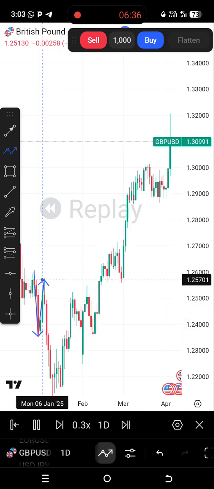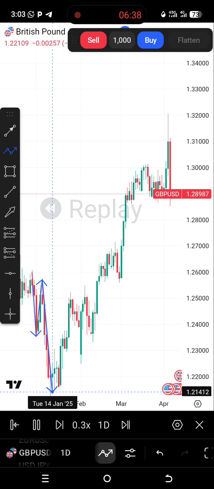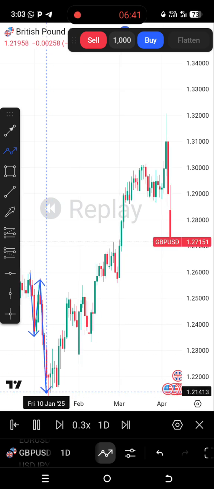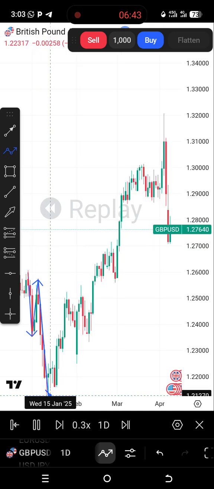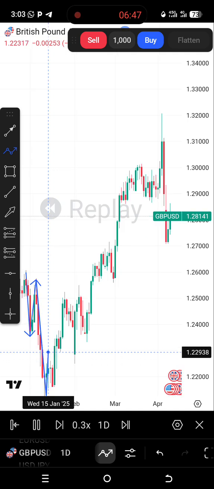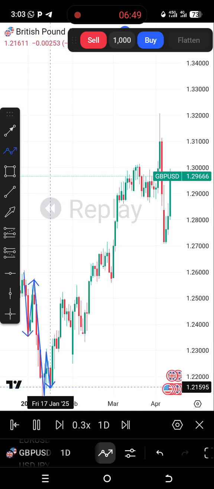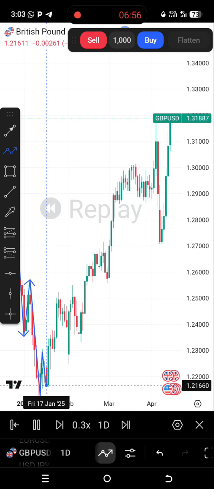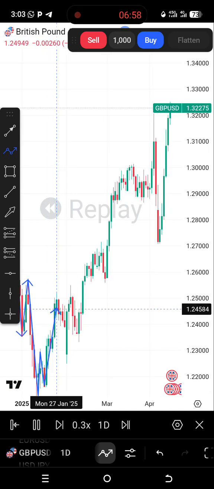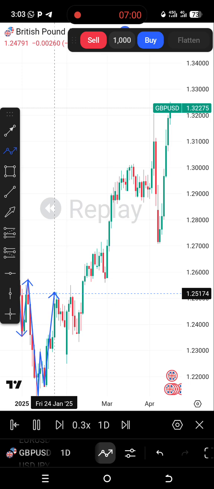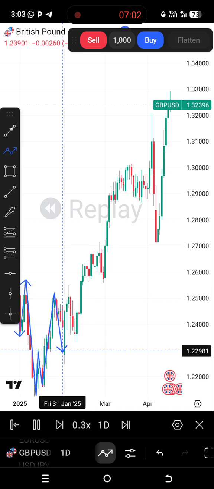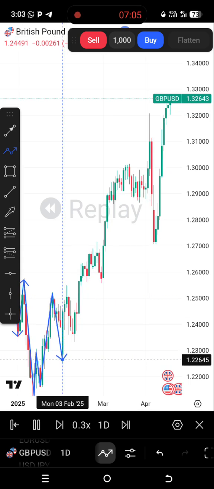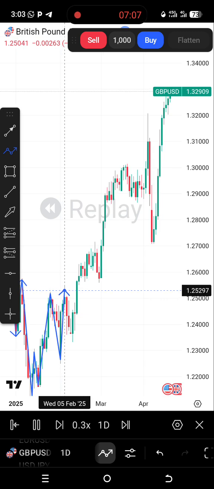From here down here, this lower low. Hmm? That's lower low. This lower high. This higher low. Yeah. This one now is higher high. You see, this higher low, this higher high,